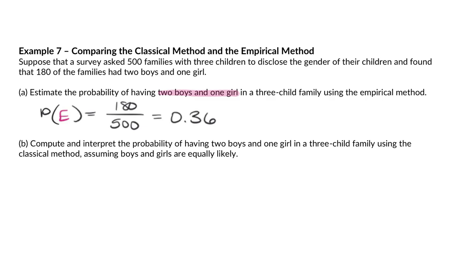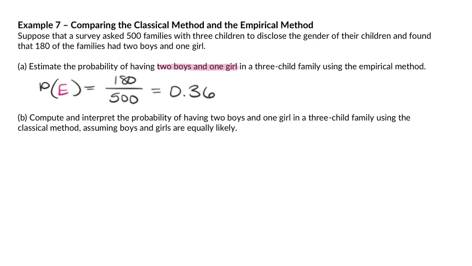But let's do this now classically. So not looking at the survey data, but thinking in general, classically, about what could happen here. To do this, we need to define the sample space. Let's just start off with a family of 3 boys. So I'm going to say B, B, B. That's for 3 boys in a row. I could also have a family that had a boy, then a boy, then a girl. You see what I'm doing here?